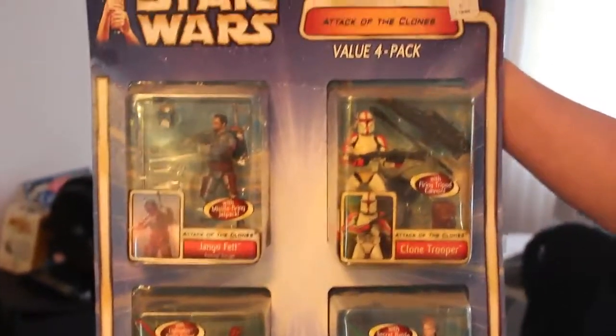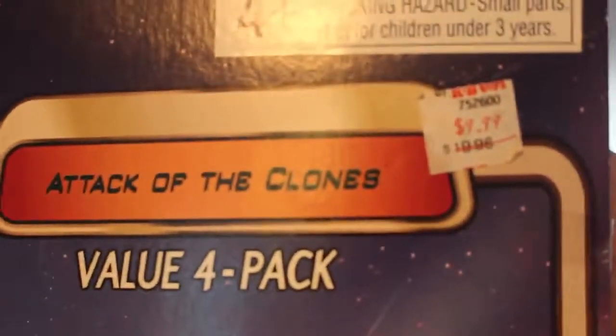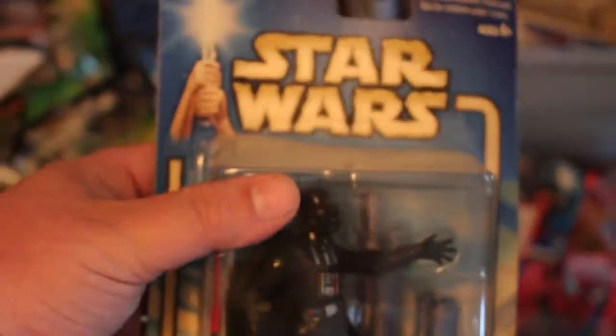There we go. Attack of the Clones 4-pack. This has got to be old. Oh, wow. It's actually 2002. I think this was sold at KB Toys. I got it on clearance. It was 20 bucks. I got it for 10. So, retail arbitrage. 20 years later, the Darth Vader, I think that's from the same line,